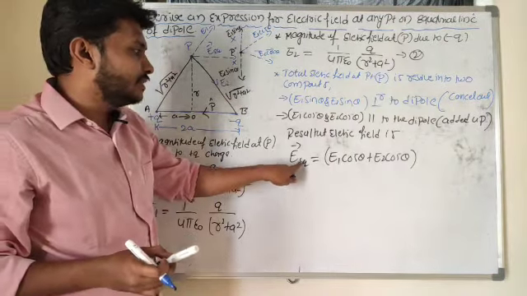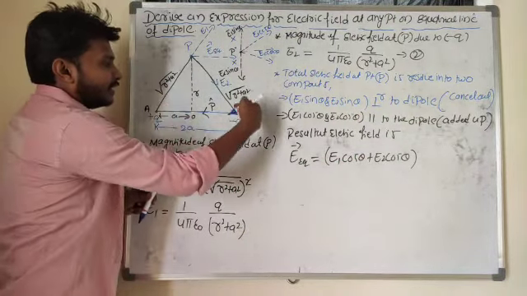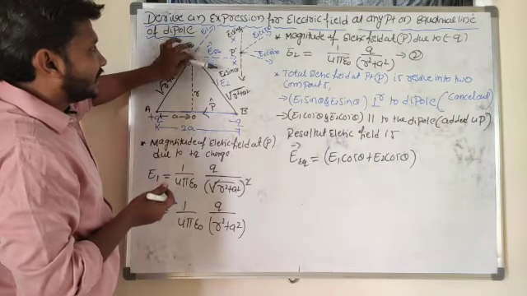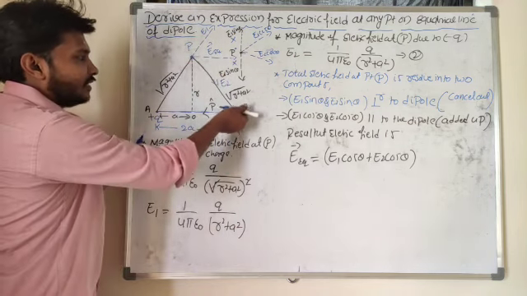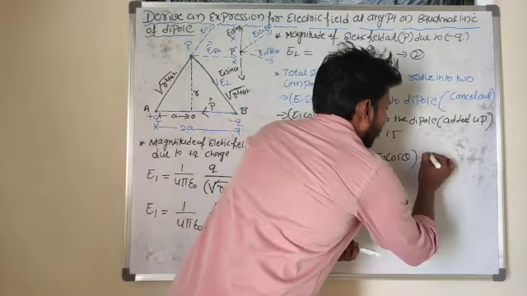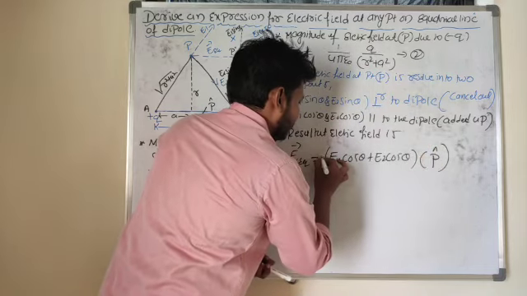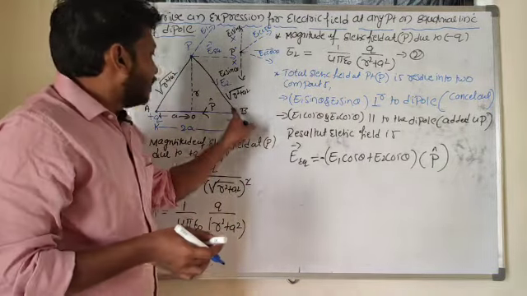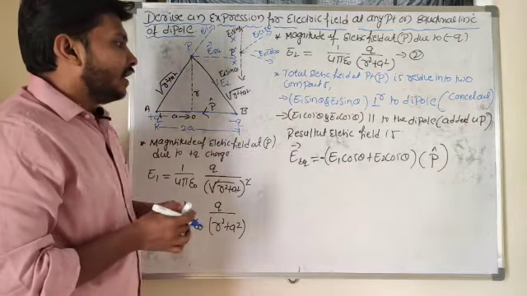So the resultant electric field is equal to E1 cos theta plus E2 cos theta. And the resultant electric field and the dipole moment are in opposite directions. Look here: the electric field at the equatorial line is in this direction and the dipole moment direction is opposite. So I will consider minus P cap, a negative sign. Did you get my point? Why did I take that negative sign? The direction of the dipole moment and the resultant electric field are opposite, so I took a negative sign here.